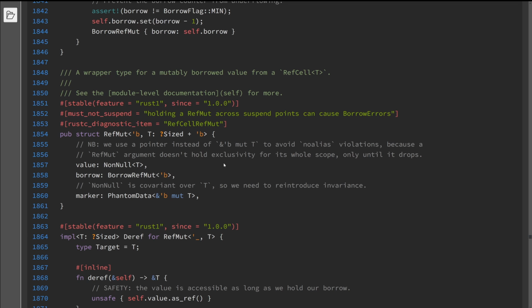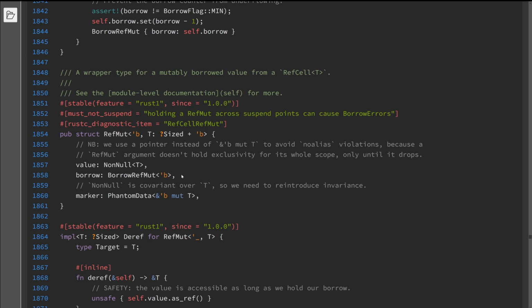This is something that it seems like we don't want here, because we want there to be possibly another reference inside the same scope, if the first reference already has been dropped. And therefore we're not using this mutable reference to T, because that again would trigger this exclusivity via noalias, but instead we use this non-null pointer, which for all intents and purposes is just a pointer that is never null. The RefMut, besides the value, holds also a borrow, which is the BorrowRefMut, and it also goes over